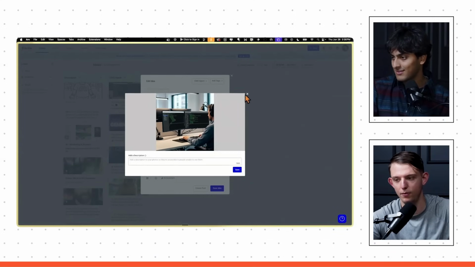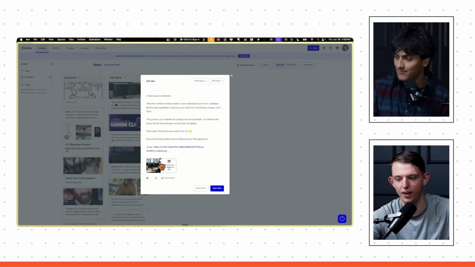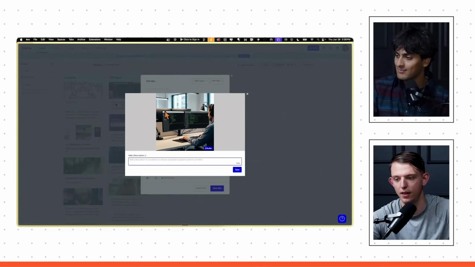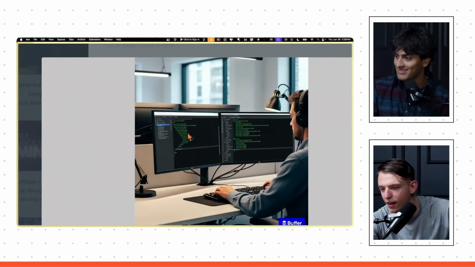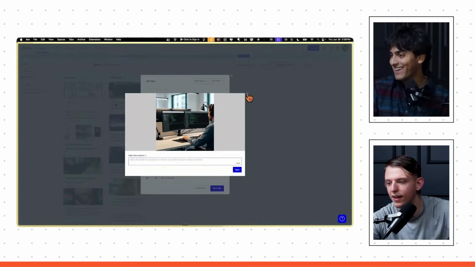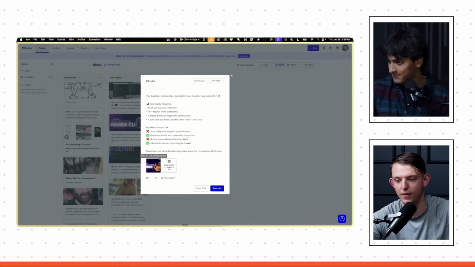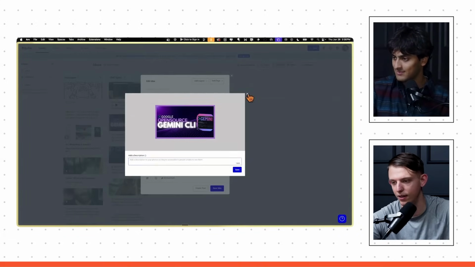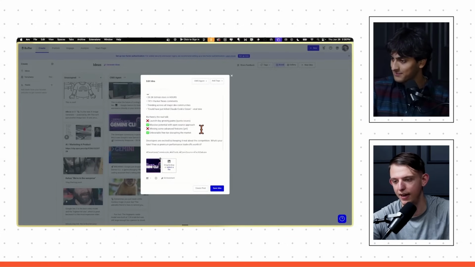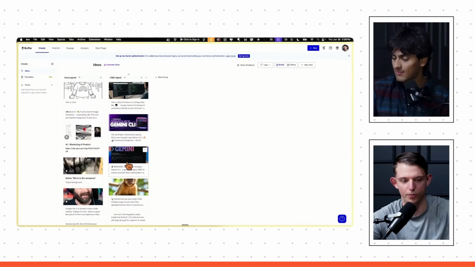So I feel like we maybe want to upgrade the model, but that's fine. It's someone using a Google CLI, it looks like it's not bad. And then for these ones, it actually scraped the image off the internet. No idea where it got this. That's okay. And so it created these 3 social posts.